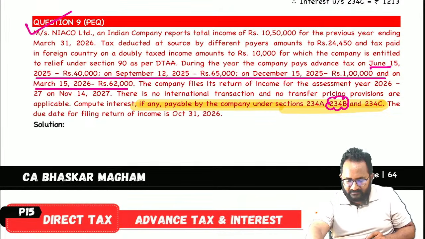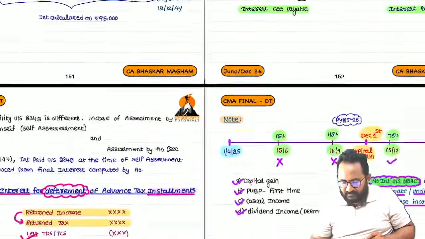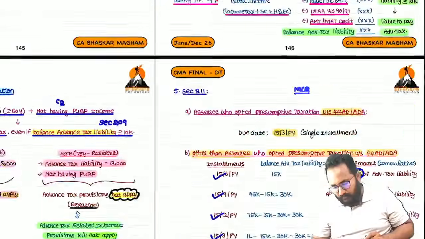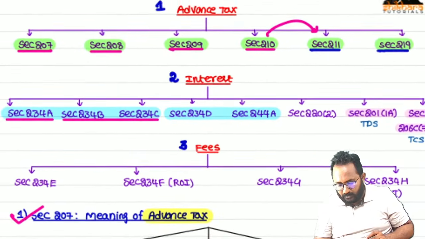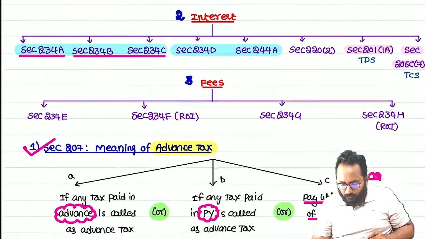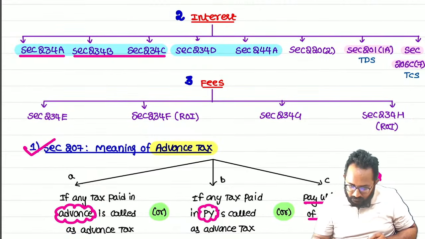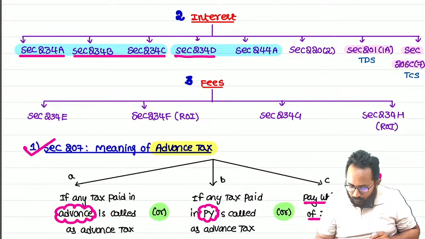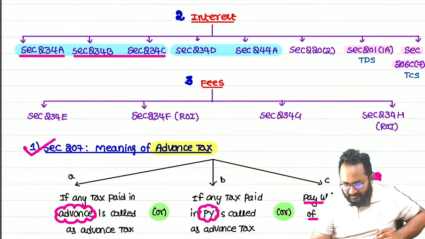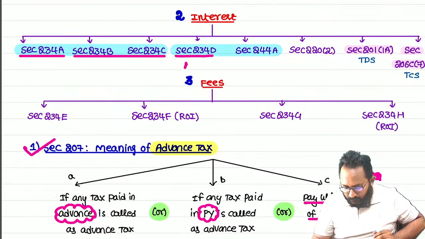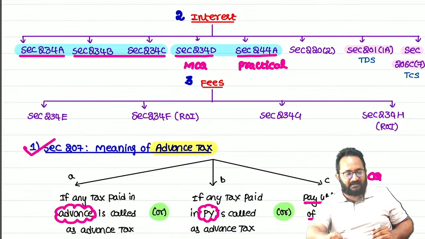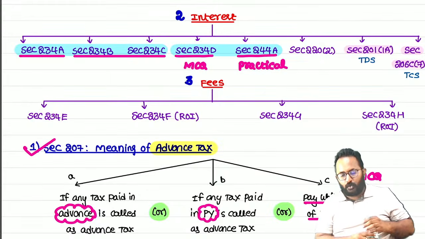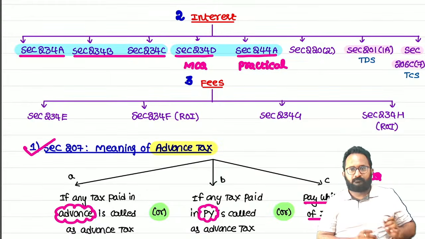Now I will spare this time for the next provisions. I already gave clarity, first I explained these three. Then I will start the two more interest provisions. What are the two more interest provisions? 234D, next 244A. These two we will also discuss, and this is not only for MCQ, we can get practical questions also. Shall we discuss these two section numbers? 234D, 244A.